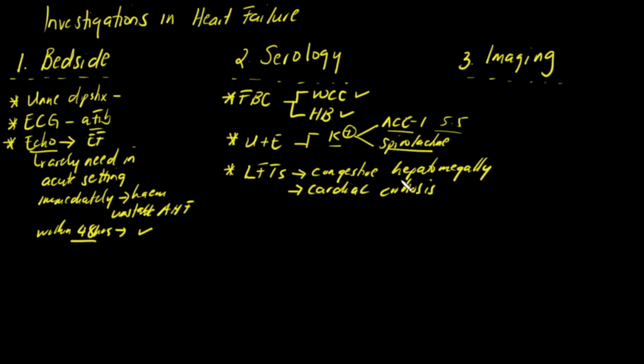So eventually, if you have heart failure for 9 years, your liver will start failing because of that congestive hepatomegaly, and you present with your bilis high, your GGT high, indicating a jaundice or a liver that is actually cirrhotic. So LFTs are not so useful to do, but they will be deranged.